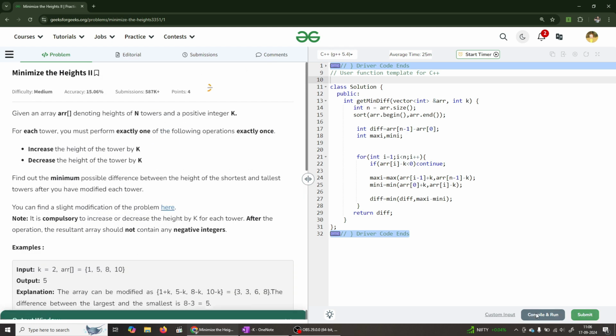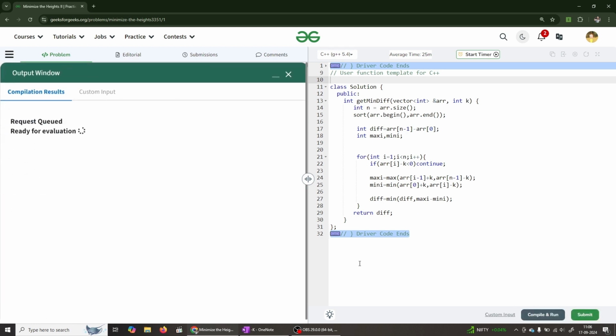Now let's run this and let's submit it. Okay, so it got